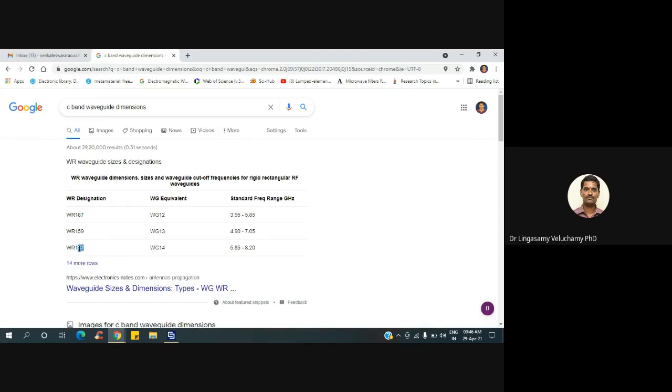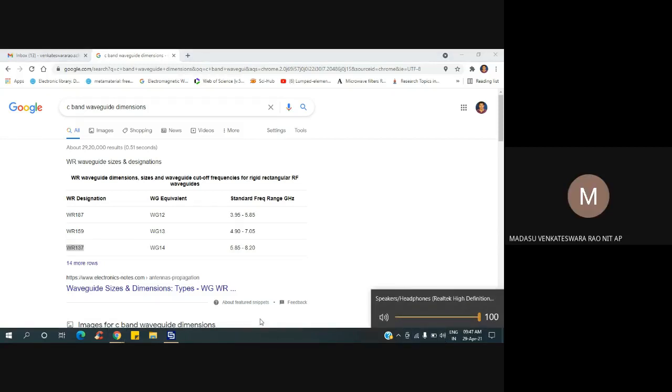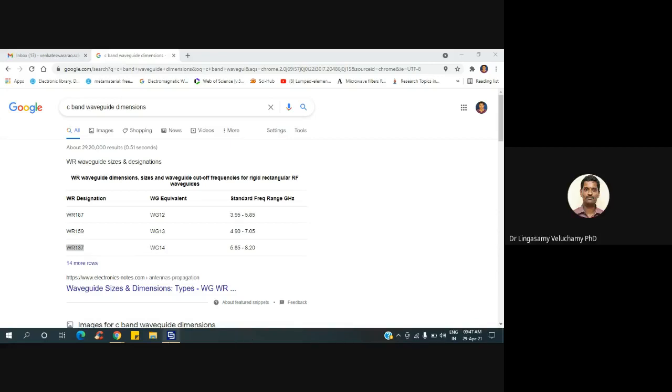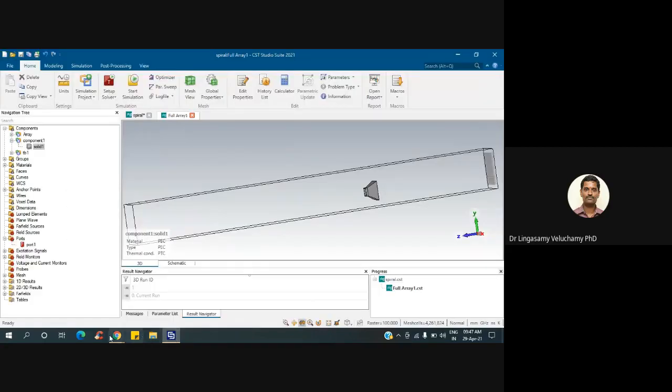So there will be standard dimensions, WR90, something like that. You can use whichever suits you. Sure, sir. The waveguide dimensions are given, so I will feed those dimensions.